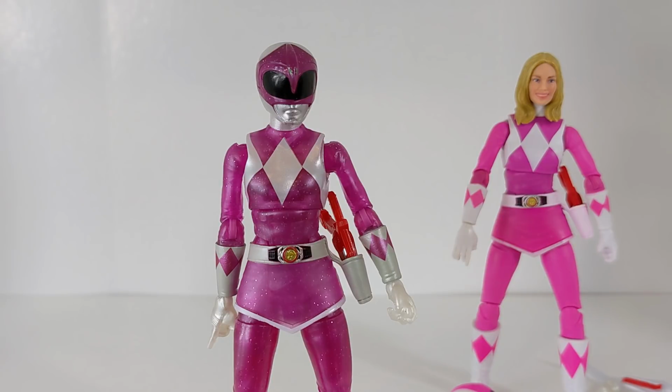The only exclusive piece besides the cat head is the Zeo Crystal, which I don't see them re-releasing in any other way because it's just a cool accessory to give to this figure anyway. So if you really want a Zeo Crystal, which I think is a minor accessory in the grand scheme of things, it is pretty neat that you get it. But I would say for the most part, it's relatively skippable unless you are a completionist,